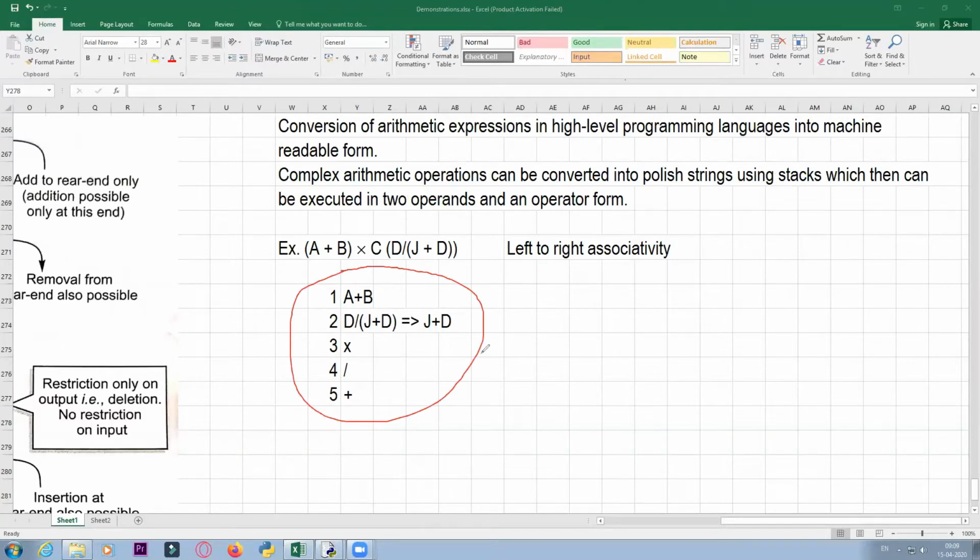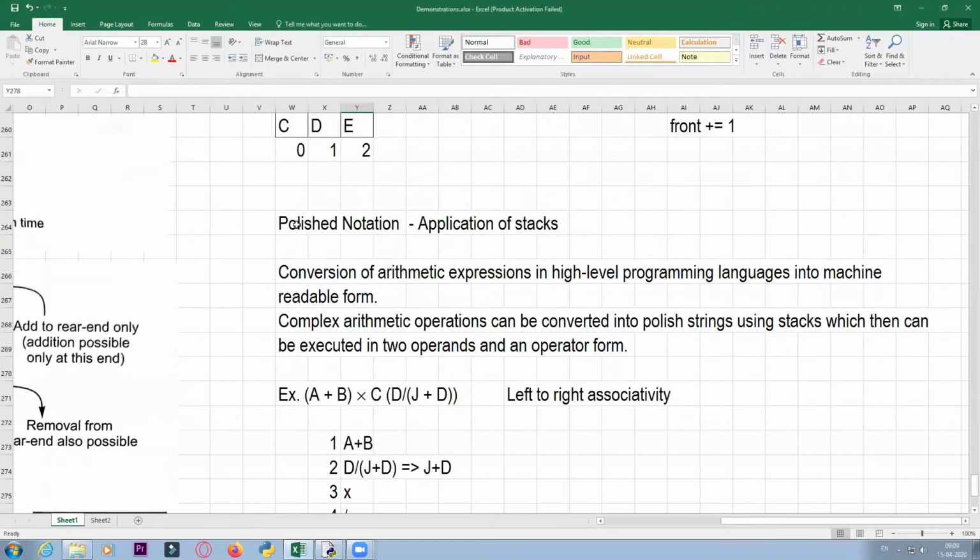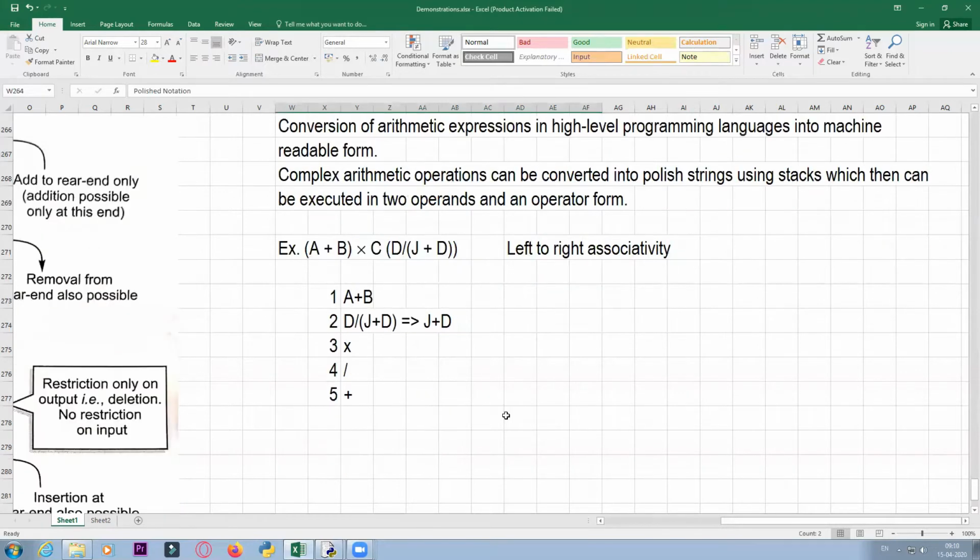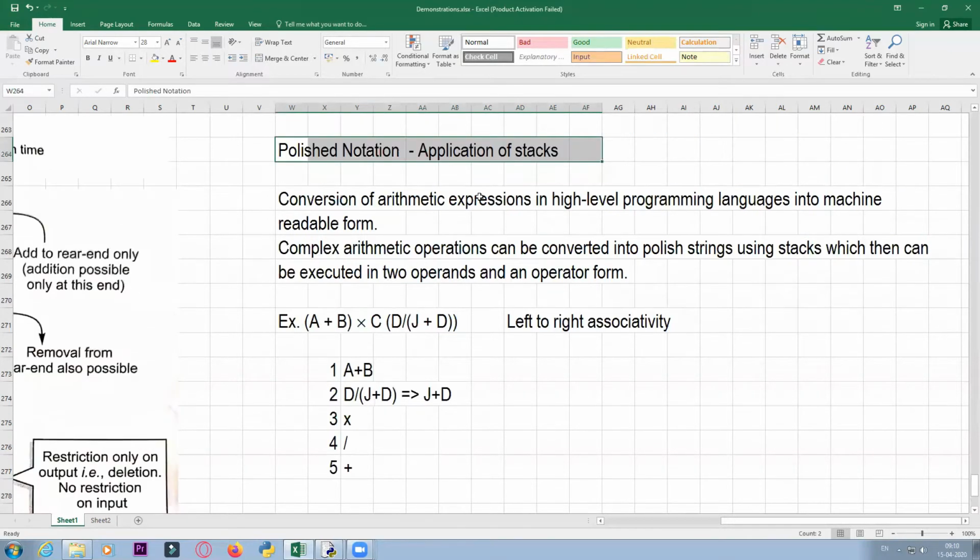So it is easy for us to understand this, because all this we are doing on pen and paper. Manually it is easy to handle these, but how are we going to handle it when we are writing a program for evaluating such expressions? And that is the case when polish notations are very handy. Polish notations come to our rescue because we are able to work with them easily.